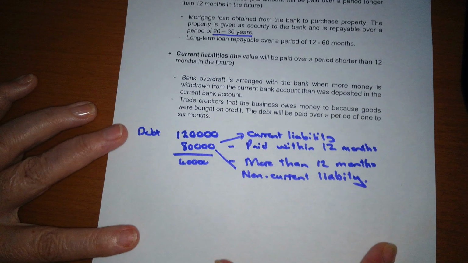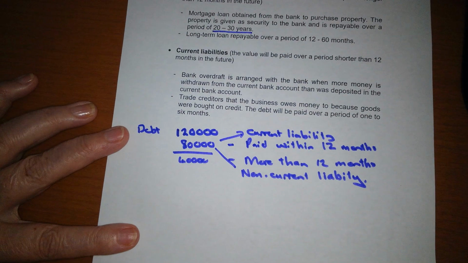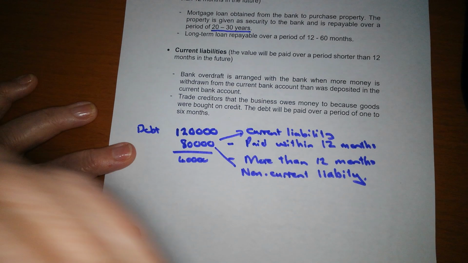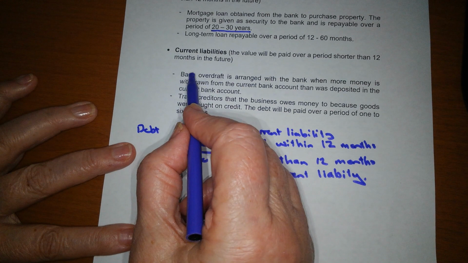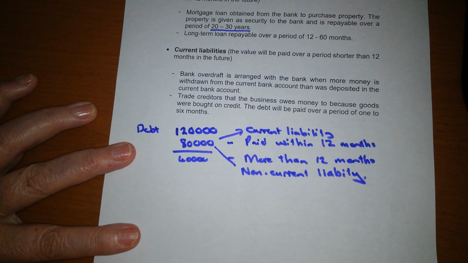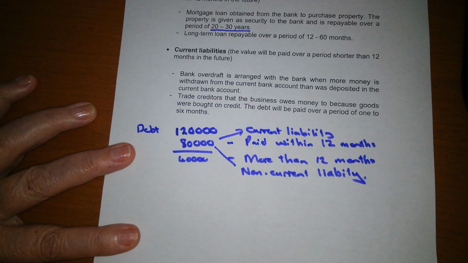Current liabilities, the value will be paid over a period shorter than 12 months in the future. So that means it's, for instance, a bank overdraft. That is when you take money out of the bank more than you've got in the bank. So you make an arrangement with the bank that you can withdraw more money, and then you have a bank overdraft. In this bank overdraft, it means that you owe money to the bank